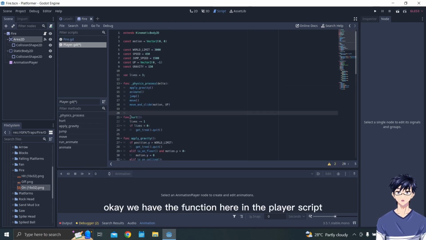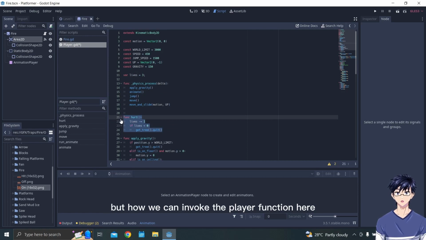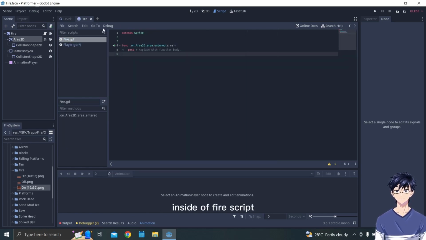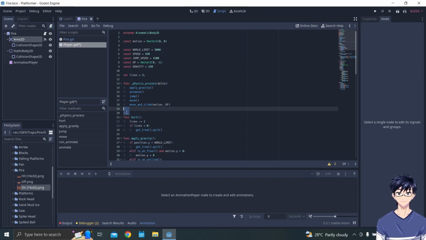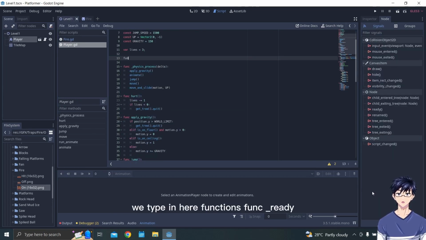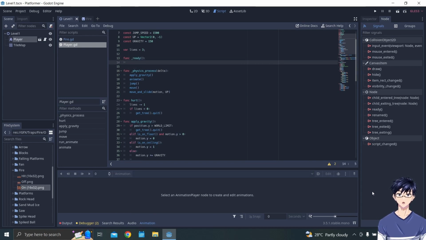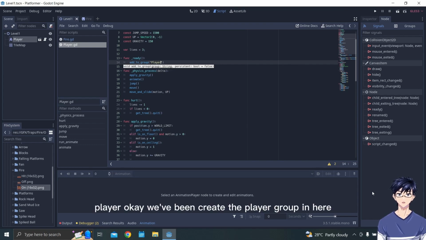Okay, we have the function here in the player script, but how can we invoke the player function inside of the fire script? Okay, we need to create a group inside this player. We type in the function func _ready, then add_to_group player.